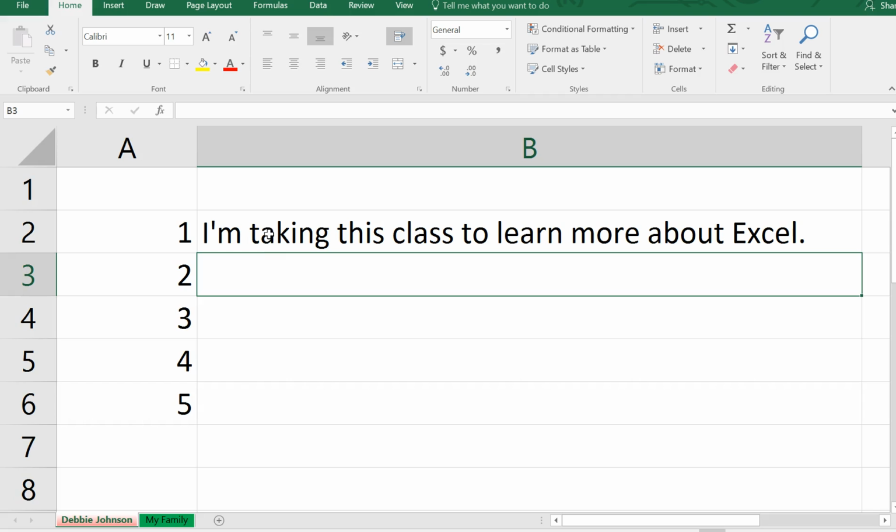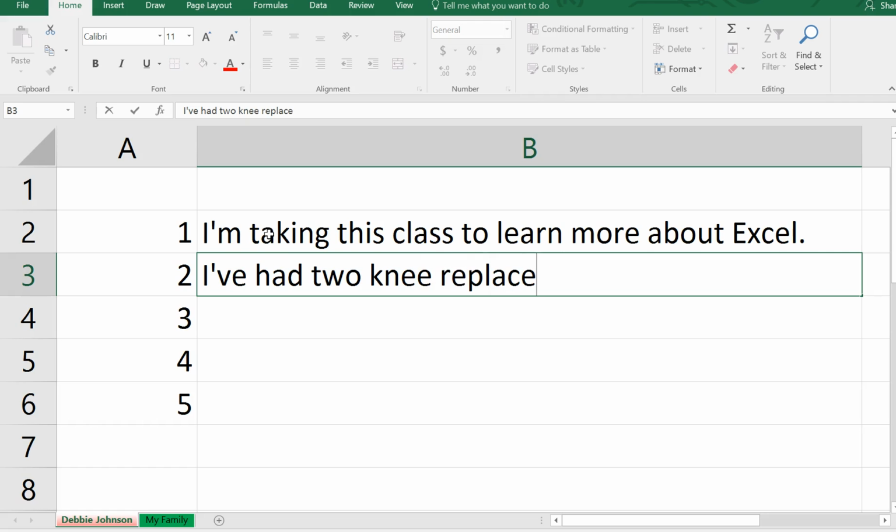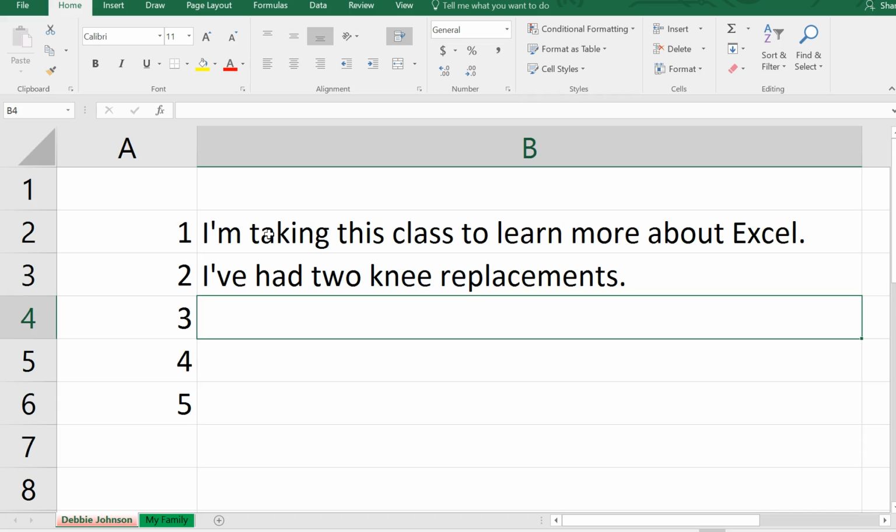So a couple more facts about me is I've had 2 knee replacements. So maybe I would want to share that. Another interesting fact about me is I vacationed in Alaska. You probably saw the picture on the front page of my website that was a picture of me in Alaska. So anyways, include those 5 facts, and I believe I also asked you to ensure that all row heights had